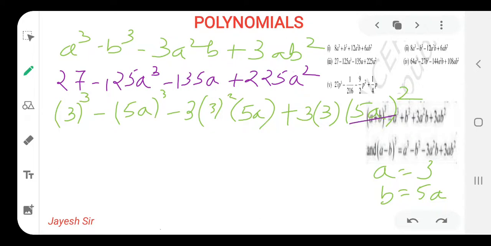Similarly over here, 5 5s, that is 5 square, that means 25. 25 3s are 75, and 75 3s are 225. That means our answer is correct. So we are just one step behind our answer. So our answer is 3 minus 5a the whole cube. That is our answer. I hope you all might be getting it friends. So let's begin with the fourth sum for the day. So I am writing the fourth sum over here.